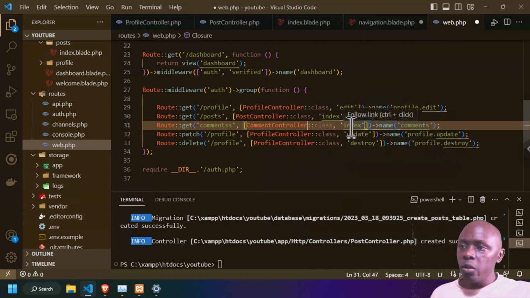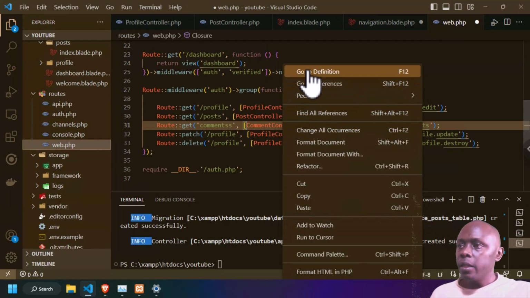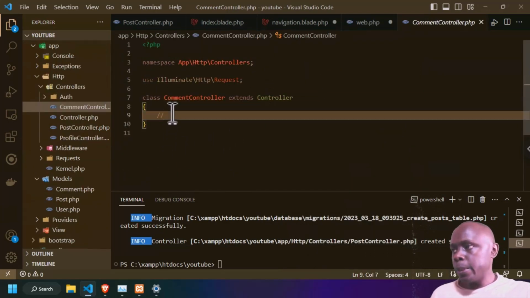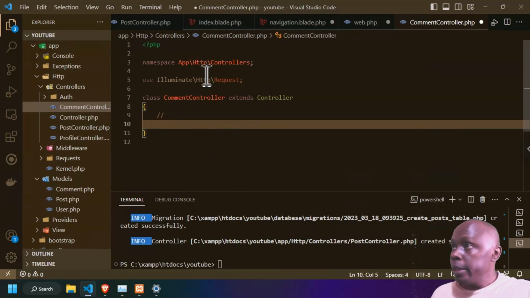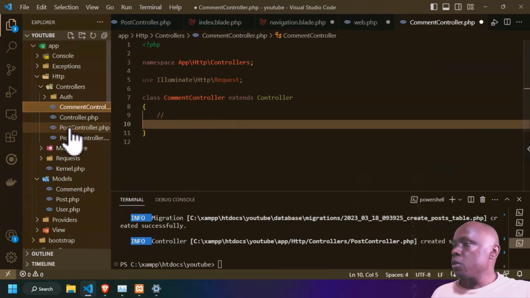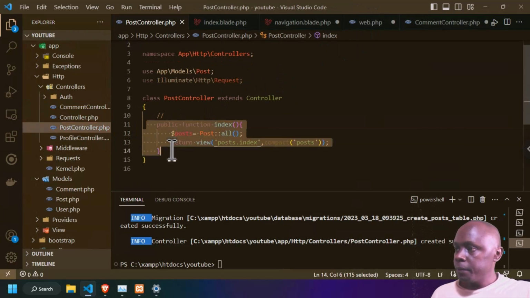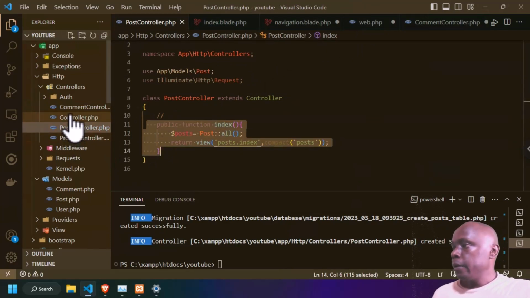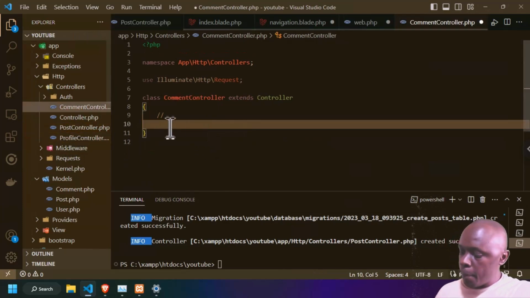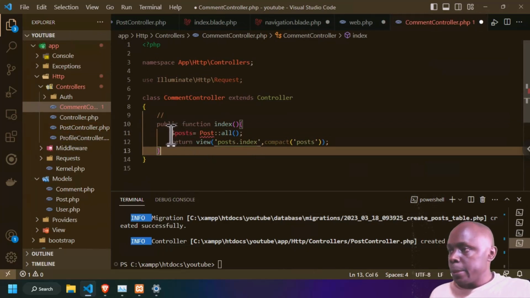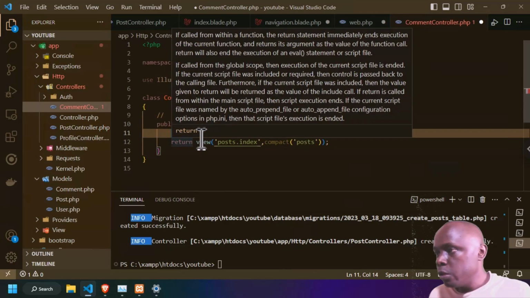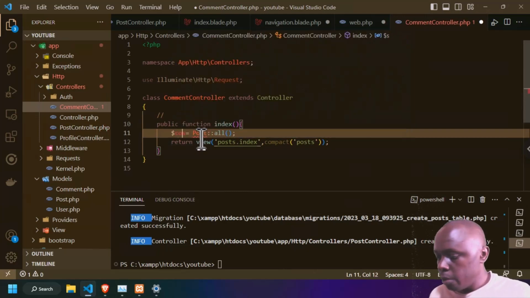So what we need is we are going to create that index. Let's go to comment controller, and then we can create the index function for it. You can copy the index function from post controller to comment. But now we are going to change from post. Now we are going to use comment, at this point you are just going to use comments,